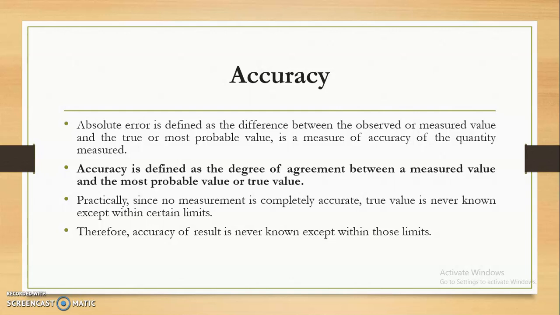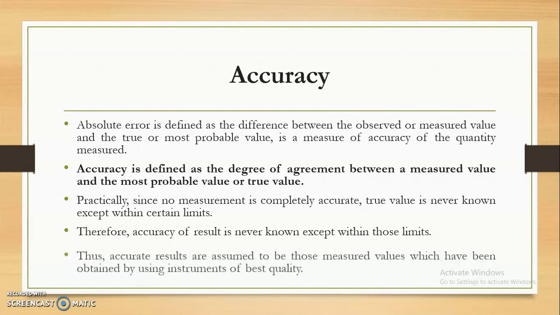Say, for example, 9.5 to 10.5. This will be the limit for the accuracy. This is just an example; it depends upon the type of analysis that we are going to perform. Take the example I have given you regarding the titration of 1 molar HCl and 1 molar NaOH. In that case, we can say the accurate limit must be between 9.5 and 10.5. Whatever value we get between these may be said to be accurate values. But 9.9 is more accurate compared to 9.5 because these results are closer to our true value.